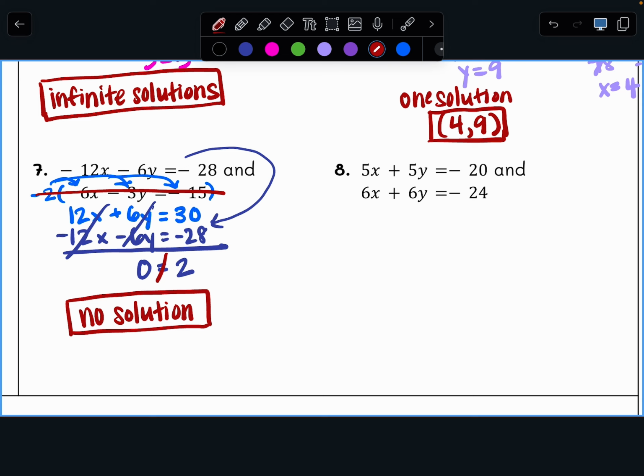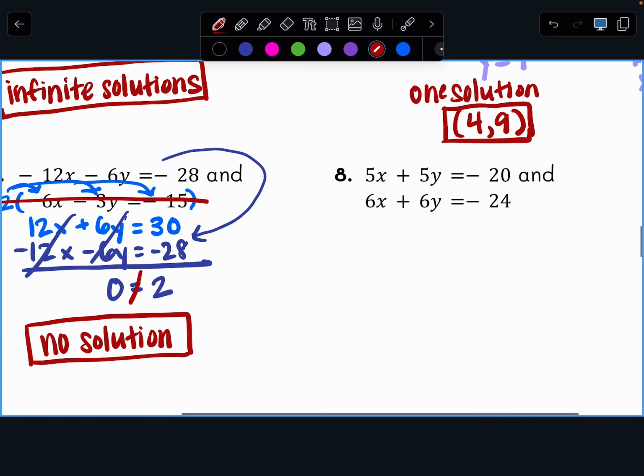Number 8, we'll use elimination again. However, I'm going to have to multiply both of these equations because they don't have a common variable that will cancel out. So I will have to multiply the top one by positive 6 and the bottom one by negative 5, or I could do negative 6 and positive 5, but remember one of them has to be negative to cancel out. So I'll multiply this top one by 6,